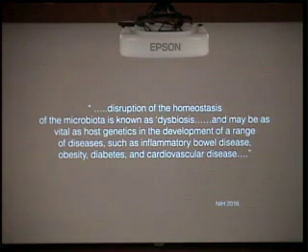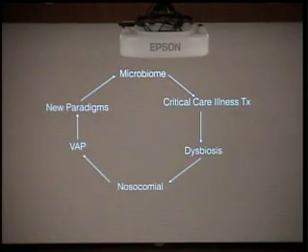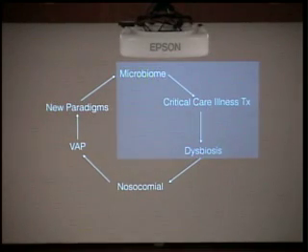And this dysfunction of this microbiota probably has as much to do with the development of inflammatory disease, obesity, diabetes, and adult cardiovascular disease, and then more importantly, what I want to talk about most is nosocomial infections and infections in the ICU, and how our disruption of this microbiota has led to this phenomenon. So I want to start and kind of do full circle with this and really start talking about the microbiome, how it relates to critical illness. But it's not just unique to critical illness. Any acute illness, any hospital, it's the same thing. I'm just an intensivist, so I concentrate in the ICU, but it is translatable to the entire hospital.